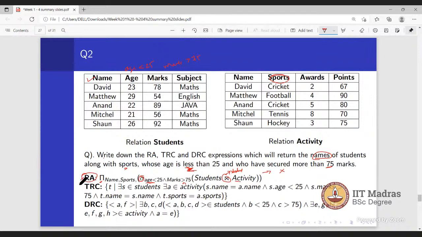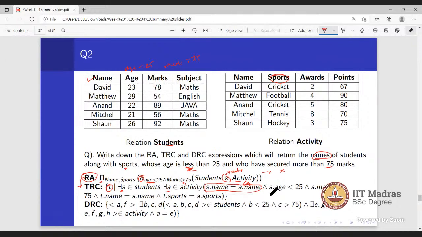Now its equivalent TRC query is like: for a tuple T, there exists S, so S belongs to the student relation, and there exists A belonging to the activity table, such that S.name equals A.name. Here we have specified the condition, S.name equals A.name, so based on this condition we will join these two tables. If you didn't mention this condition, it would simply perform the cross product.